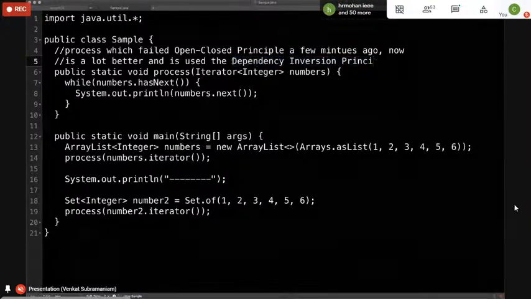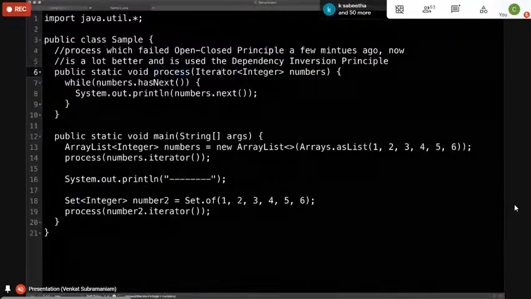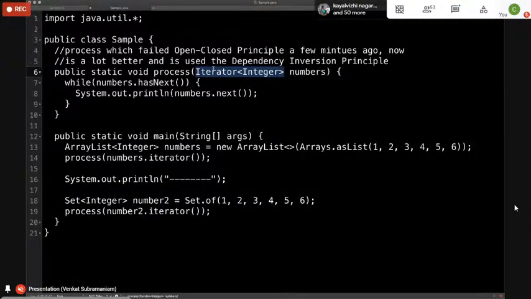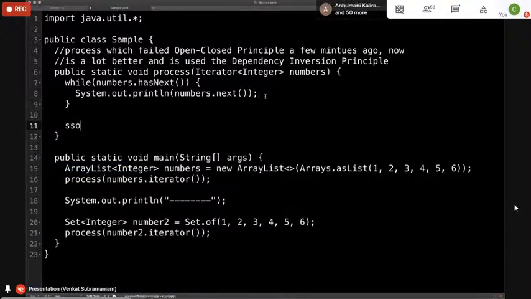The dependency inversion principle says that a function or a class must not depend on a concrete class like an array list. Instead, it should depend on an abstraction, where the concrete class also depends on that abstraction. If you are curious, you can come down here and print the entire numbers.